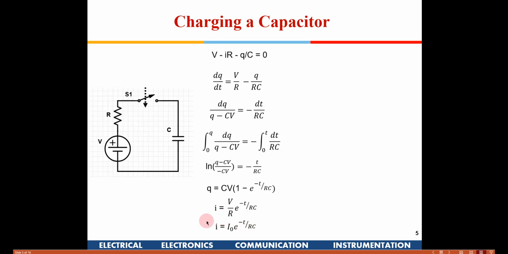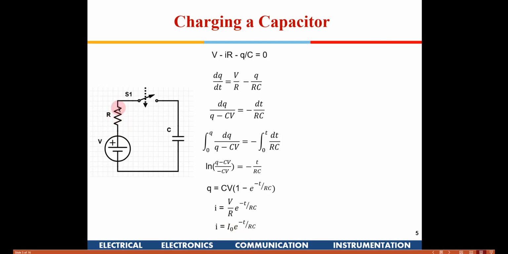This is a very, very important current equation of the capacitor, which we need to remember. If I put t equal to 0, this term goes away and I is equal to I0. That means the moment I switch on this switch, there is no voltage across the capacitor, because it is in a discharged state, so it is 0 there. The whole voltage V is available across the resistance R, so the current will be V by R. So I0 is nothing but V by R.